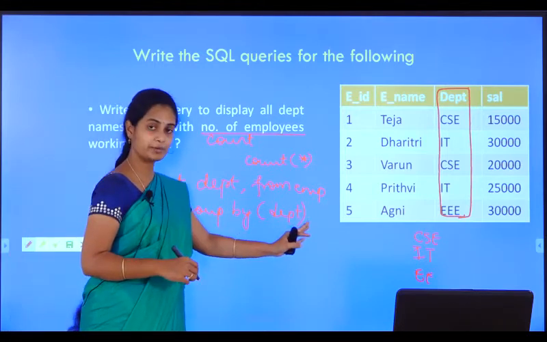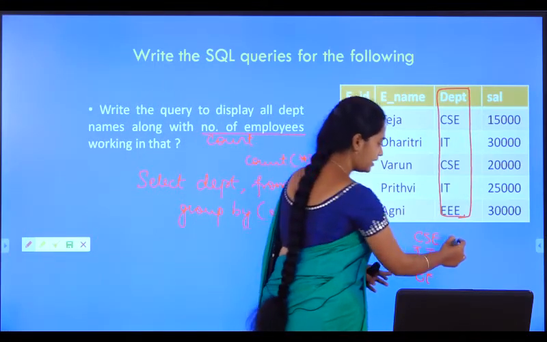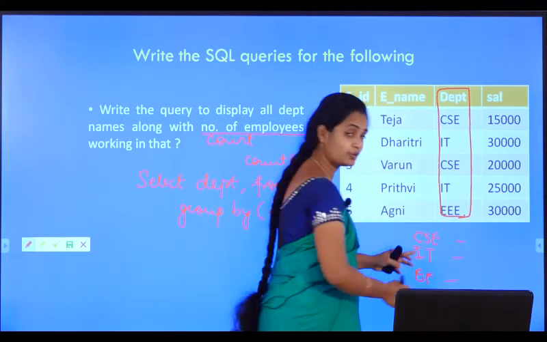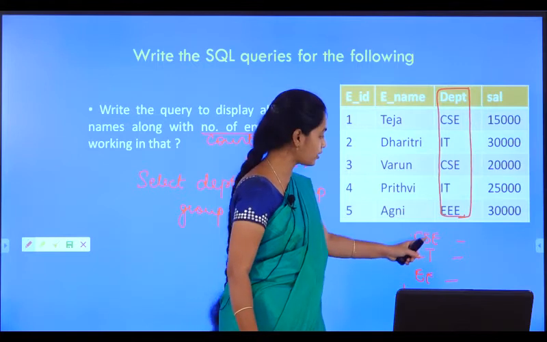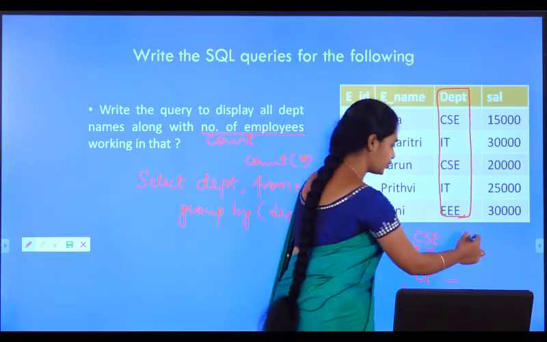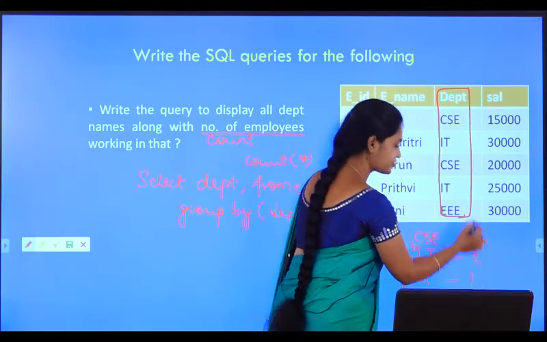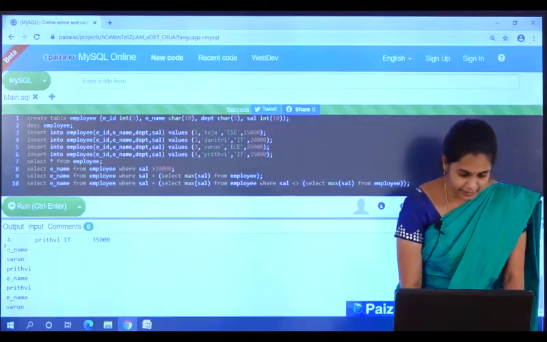So when I am grouping here, I will write the count of each department also. What is the count of CSE here? 2, IT 2 and EEE 1. So how do I write the query here?